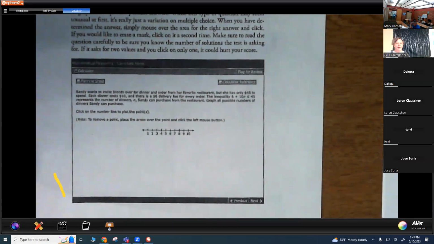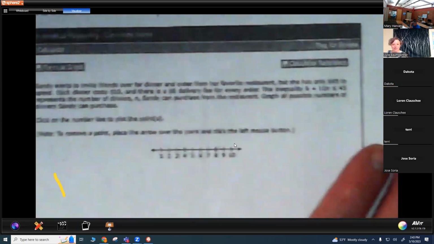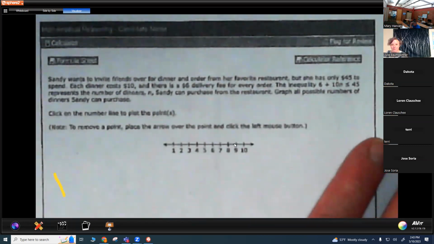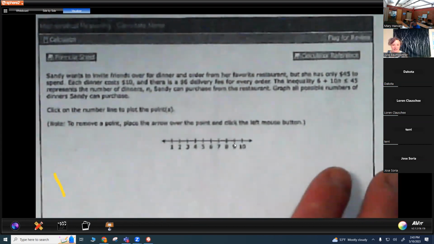So does anyone know anything about graphing inequalities? It's okay if you don't. We haven't gone over it. And of course, you can't see it very well, but